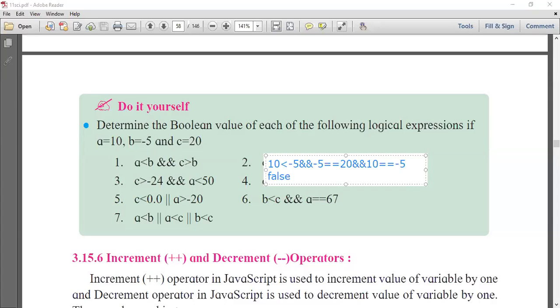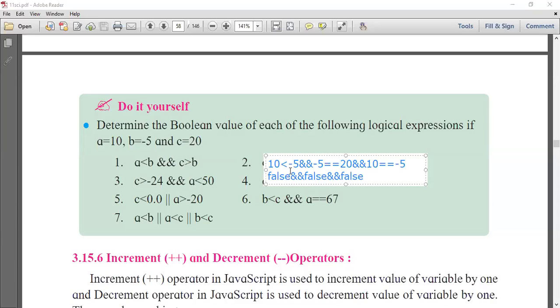And minus 5 double equal to 20, no, it's again false. Now ampersand means and sign. 10 equal to minus 5 is also false. So here is a false.